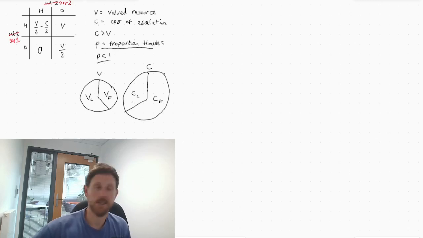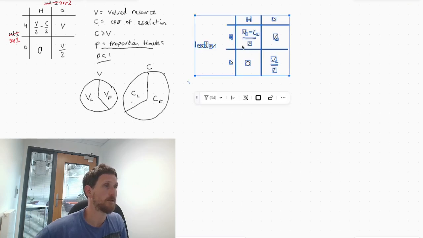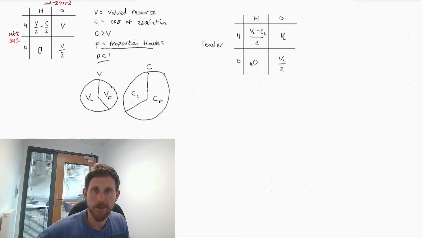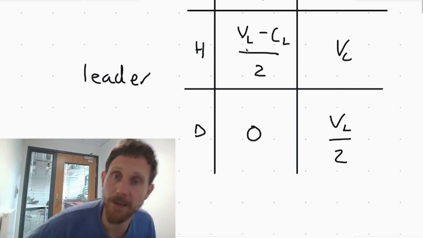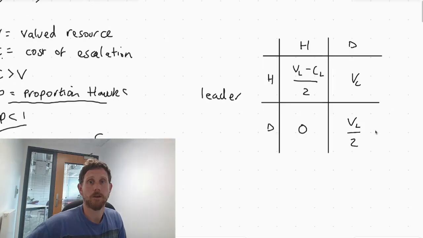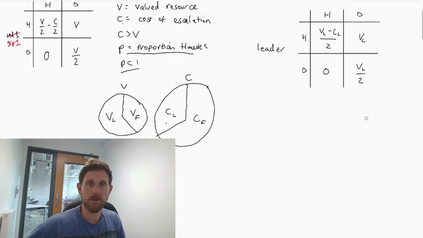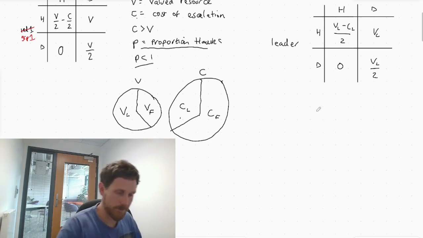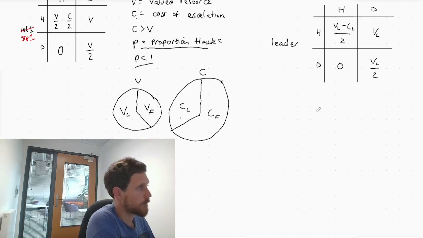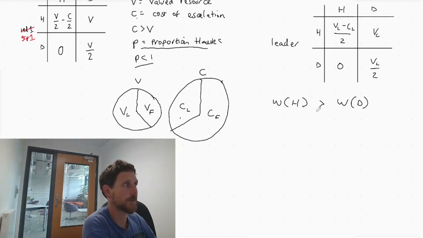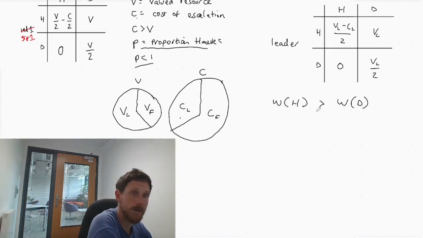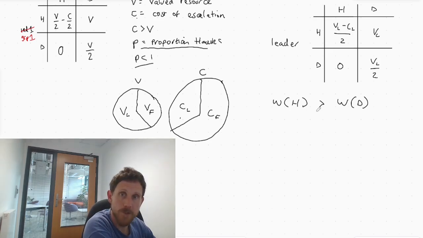So here the game changes. For the leaders, the matrix now reflects that they have a larger share of the rewards and less of a share of the costs. And at this point, we can do some algebra. We can say, when would we expect the fitness, denoted by W, of a leader playing hawk to outweigh the fitness of a leader playing dove? And this really depends on how many hawks and how many doves they meet in the population, right? It's all to do with the proportion of opponent hawks.